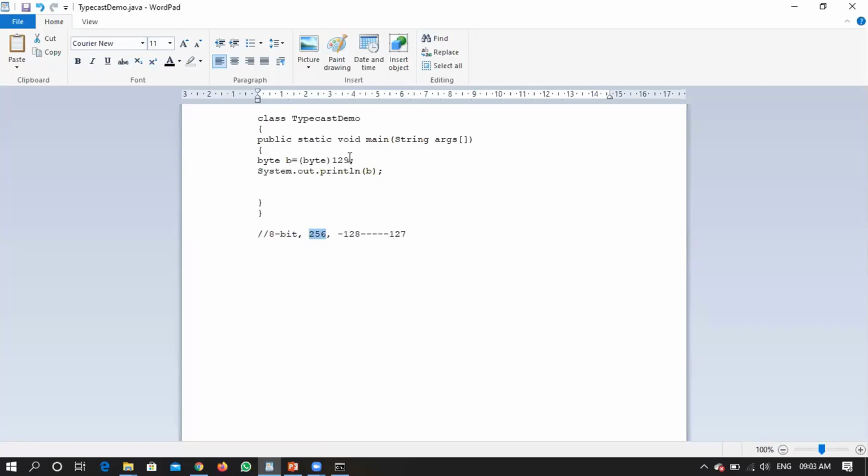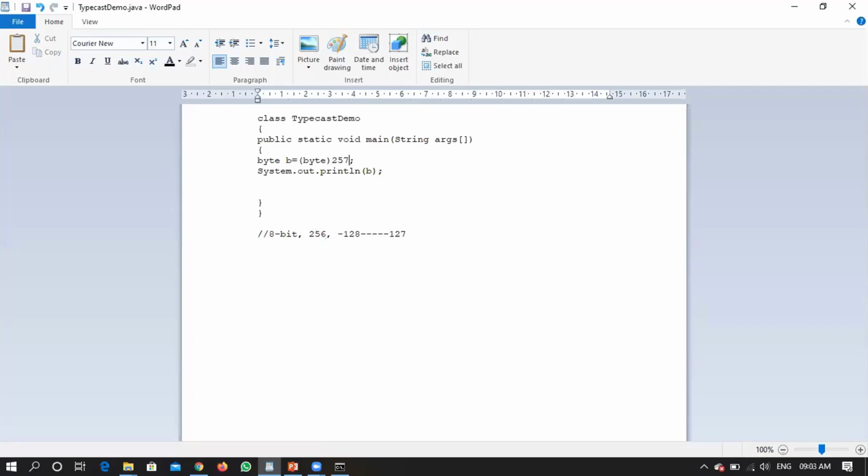Understanding? Now if I am giving more than 256, then what we have said is it will be performing a modulus operation on these, right, with respect to the range of a byte.